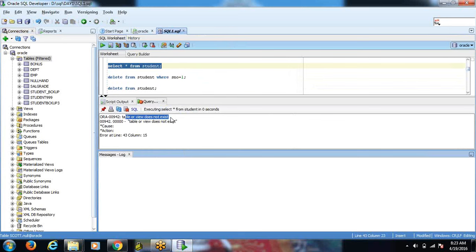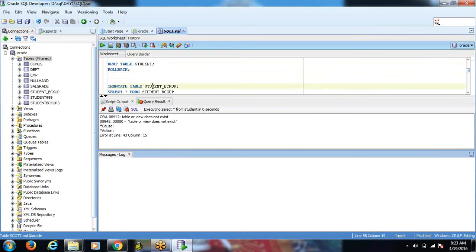That means in drop the entire structure is deleted, whereas in delete only the rows are deleted. That is the difference between delete, drop, and truncate. The difference between delete and truncate is that in delete we can use the where condition, whereas in truncate we can't use the where condition. For drop, the entire structure gets deleted.